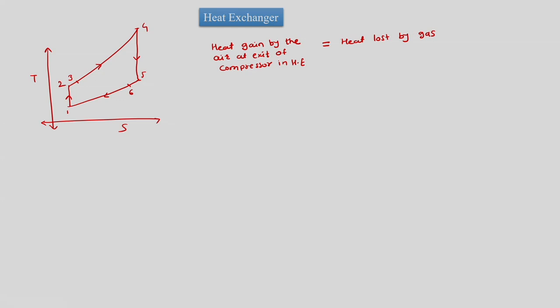So, this is also air, this is also air. In general this will be the combustion products giving heat to the air. So, heat lost by the gas at exit of the turbine